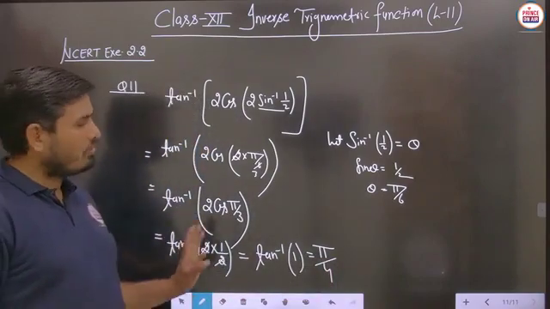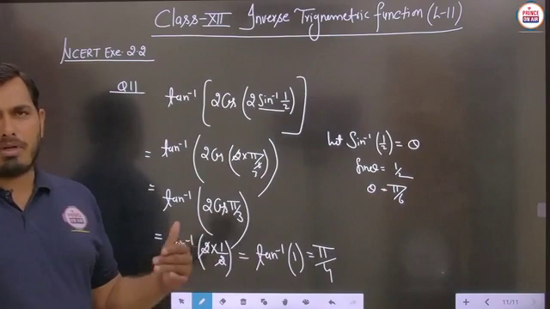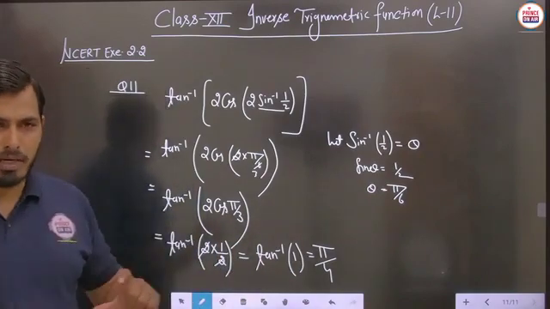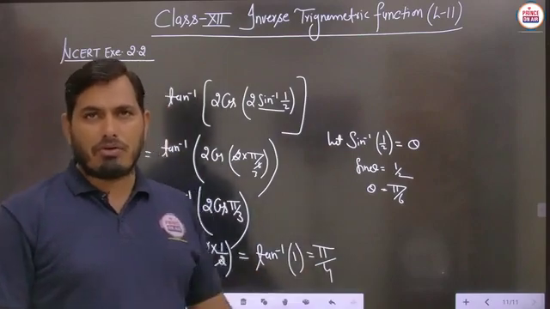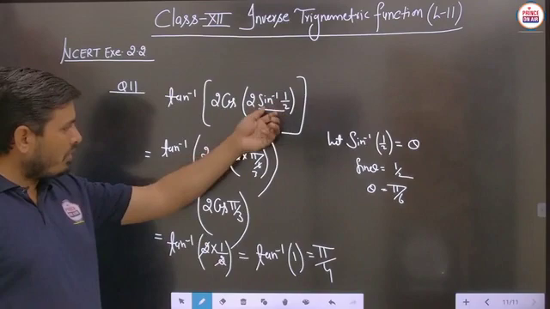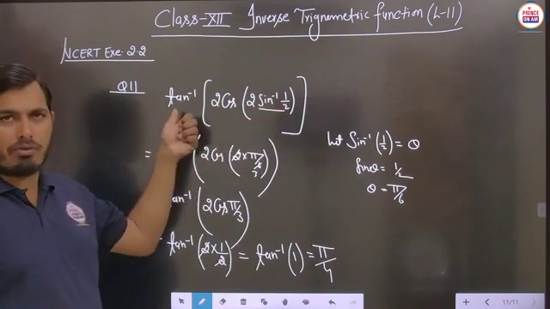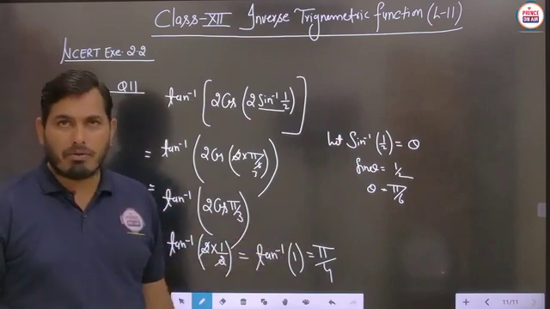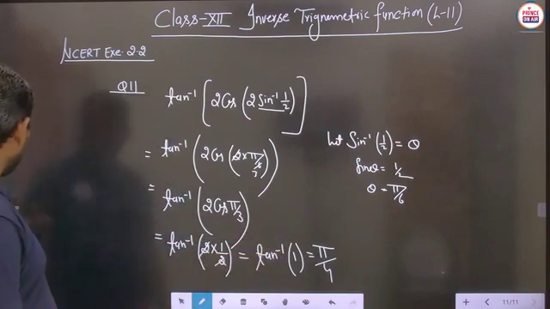In this question no more concepts or different things are required. Only a very simple and linear calculation. You just simplify the inside part, and you always move from inside to outside. Is it clear? So this question has the answer pi by 4. Note down this answer. Then we will take the next question, number 12.